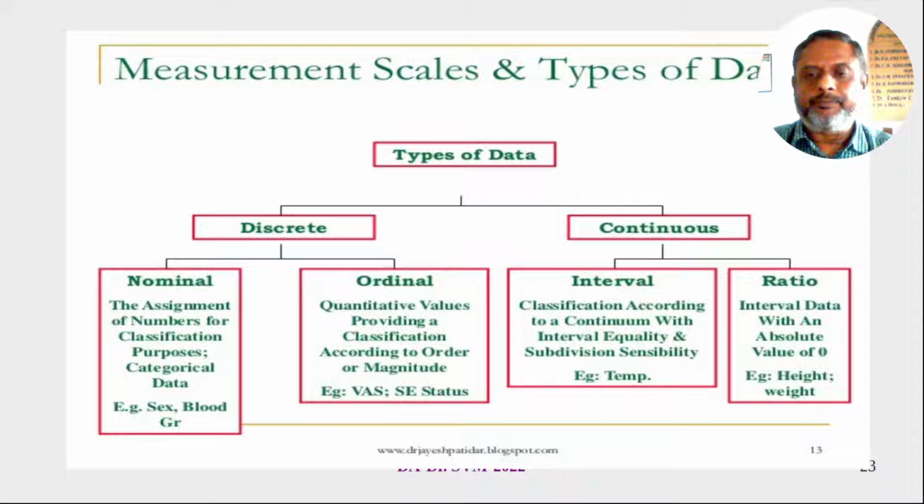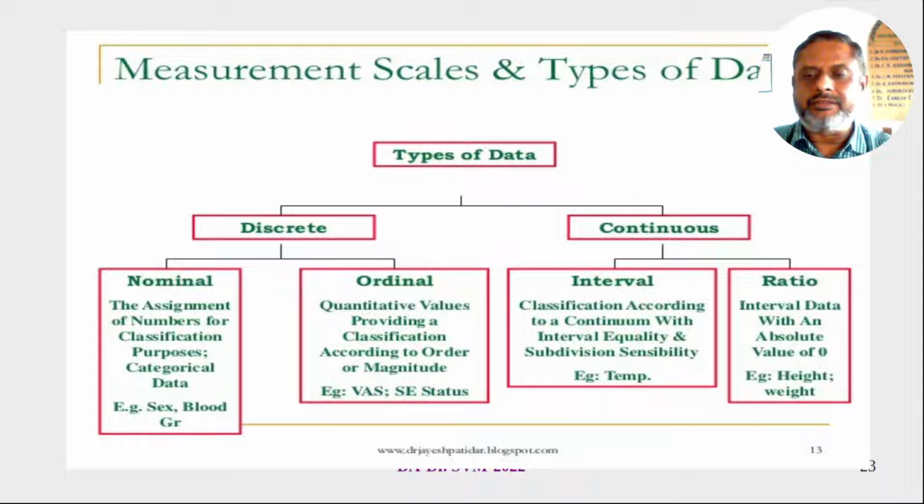Whereas in ratio, everything is the same as interval. It is measurable, it is ordered, and there is a sense of zero. That means multiplication, division are possible. So if you are standing at the same point and you are trying to measure distance from that point, the distance is zero. As you keep moving, if you move 10 kilometers in one direction, then the distance from the point where you started is 10 kilometers. Then from there, if you move another 10 kilometers, then from the first point, it has become 10 plus 10, 20 kilometers away you are.